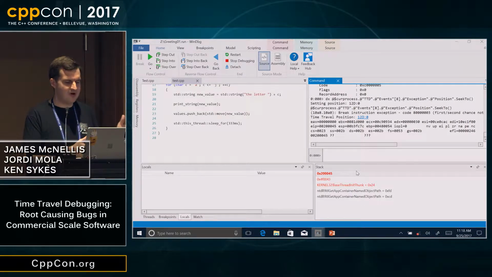So from our crash dump, we wouldn't have even gotten to this point. It would have been very difficult for us to figure out what was going on here. Now, if we had a live repro, it might be inconsistent. It could be very difficult to figure out from that. But we don't have either of those. We have a trace. We know exactly what the program did, and so we can just walk backwards and see